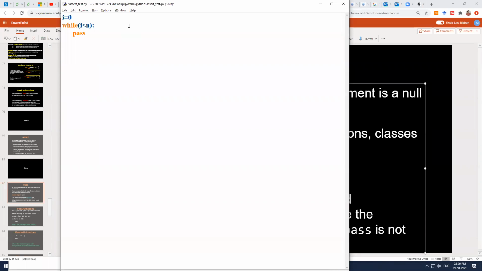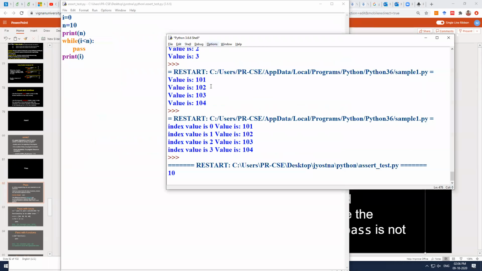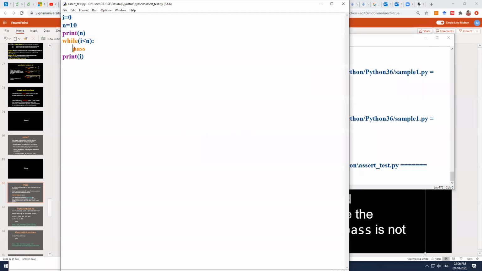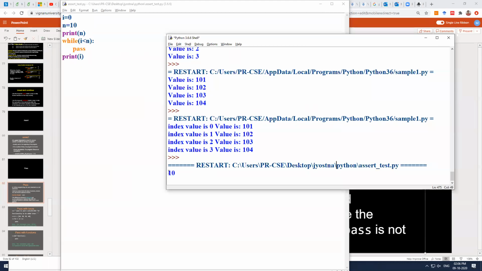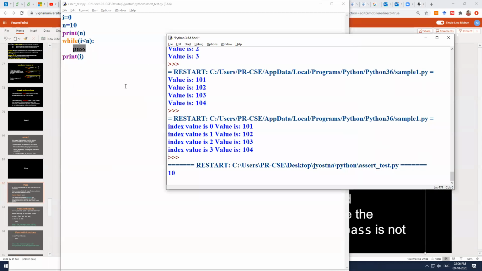So you are not writing anything inside your while loop, and maybe n value I'm going to assign some 10. So initially I'm displaying n value. So let's hope this is the code I have. Let's run it and see how it goes. So you are displaying 10, because you are using this pass statement, no? So you are able to execute. So the loop body will not do anything. So that's how your pass statement can be used.